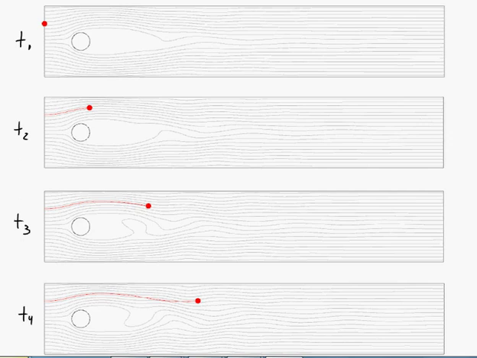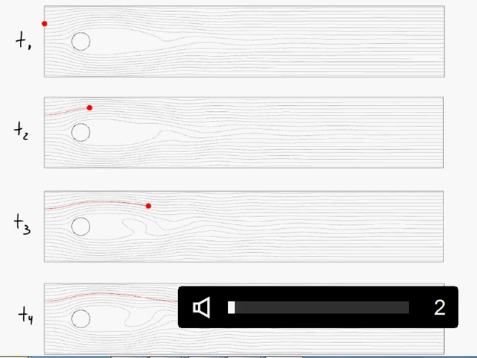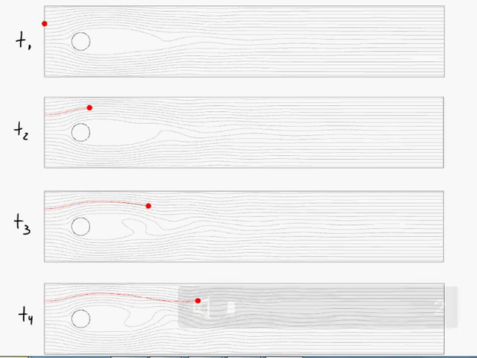Consider streamlines, streaklines and path lines for flow over a cylinder. In all of these figures, the gray lines are the streamlines, and streamlines are always tangent to the velocity vector, meaning that there's never any mass flow across a streamline. So a characteristic of a streamline is that they're tangent to the velocity vector, and therefore there's no mass flow